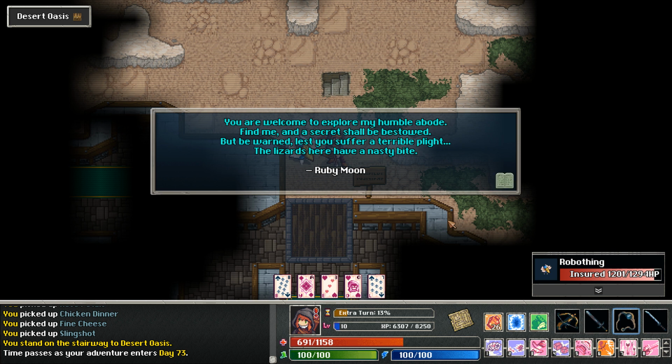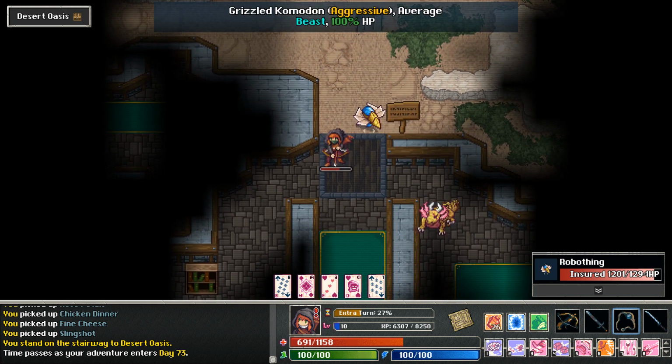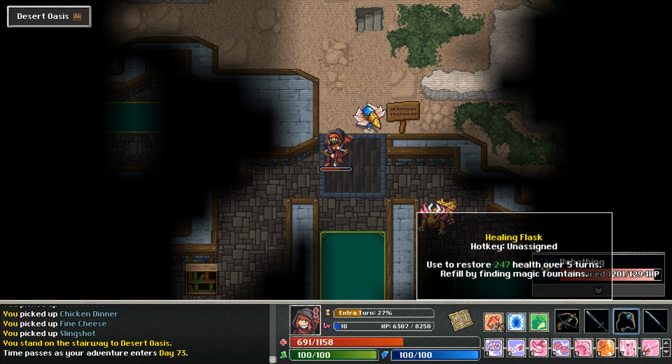Hey, Ruby Moon, isn't this the... This is that lady that told us she would have magic for us if we found her in the wild, isn't it? I mean, that woman definitely spoke in rhyme. But I guess about half the people in Tangledeep do, so...